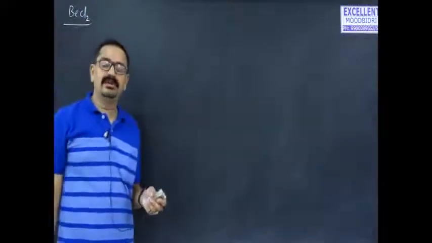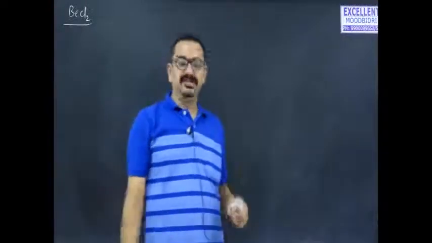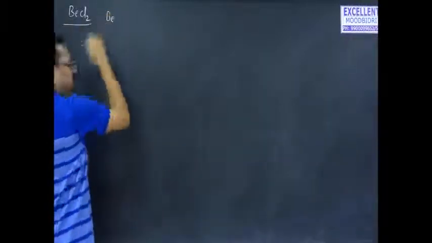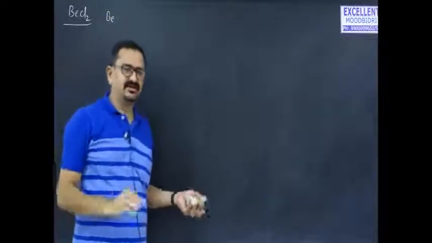When it comes to examples for sp hybridization, let us start with beryllium chloride, BeCl2. Beryllium is a metal, but bonds formed by beryllium are more covalent because of the polarizing power of the Be2+ cation. We studied this in Fajan's rules. Now in beryllium chloride, the central atom is beryllium. Usually the more electropositive or larger atom will be the central atom.